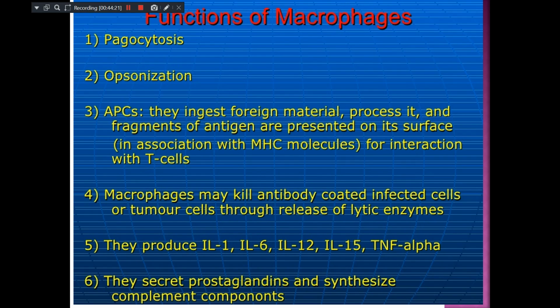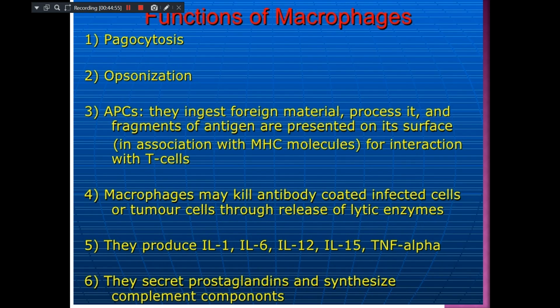The main function of these macrophages is that they can directly engulf and eat, that is phagocytosis. Then opsonization: they will make this antigen inactive. Third, these macrophages are antigen presenting cells. They ingest the foreign material, process it, and the fragments of this antigen are presented to the T cells for interaction. And with the help of T cells,